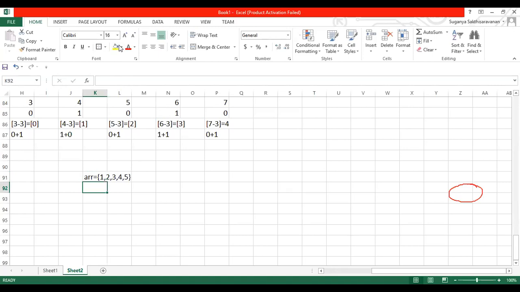In C, how can we calculate it? Calculating the size of the array. Just assume that the array is initialized directly. We can't scan it, I agree. So just assume that the array is initialized.